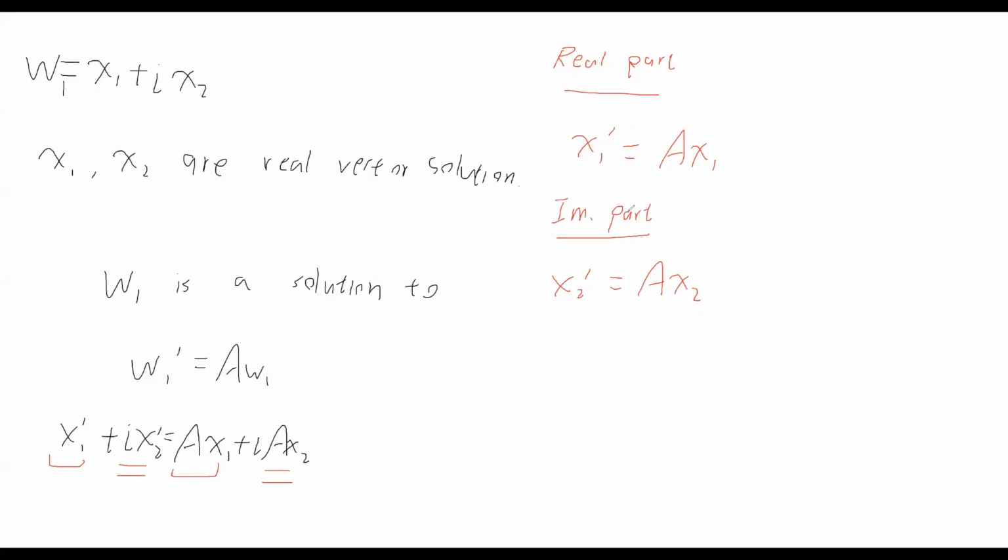So by looking at these two equations, we can say that x1 and x2 are actually the real vector solutions to the original system with complex eigenvalues, right? So for these, we have the eigenvalues to be complex, which we got from earlier, alpha plus or minus i beta. Now, since they have distinct eigenvalues, they are actually linearly independent as well. Okay, so all this is just to show you how we